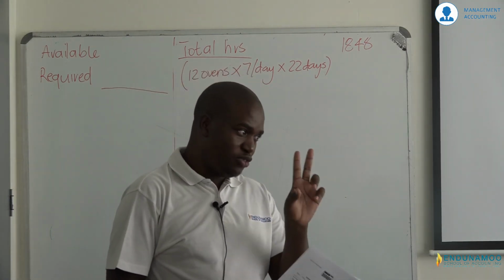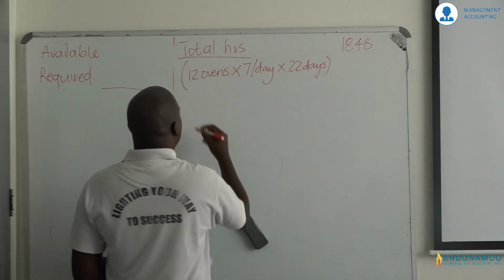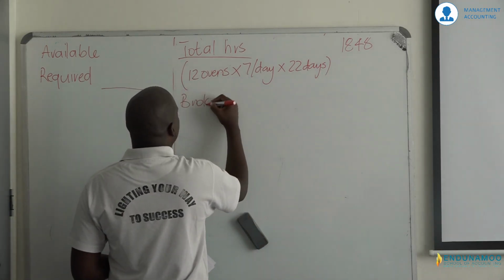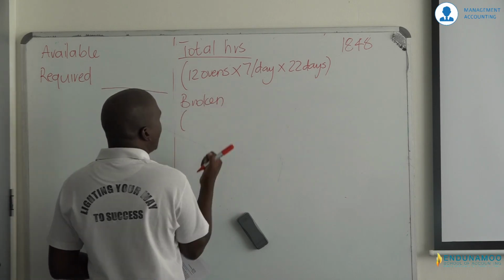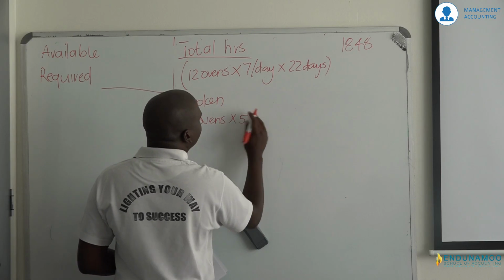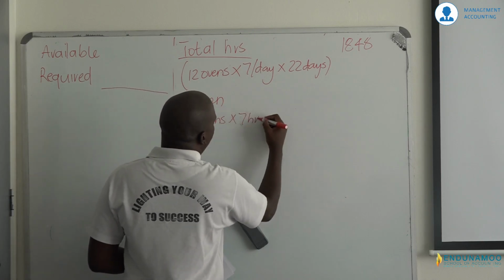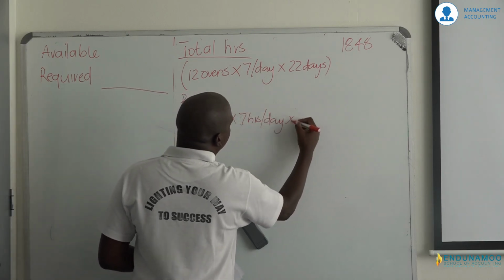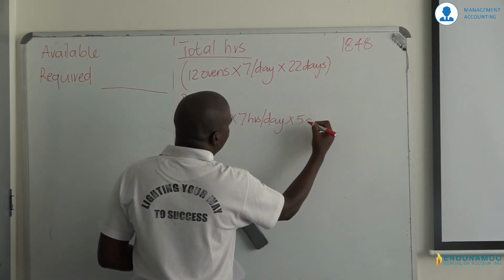But we had a problem with 2 of them. But the 2 were not broken down for the entire month. Do you agree? Yes. They were broken down for how many days? For 5 days. But it means it's 7 hours per day multiplied by what? 5